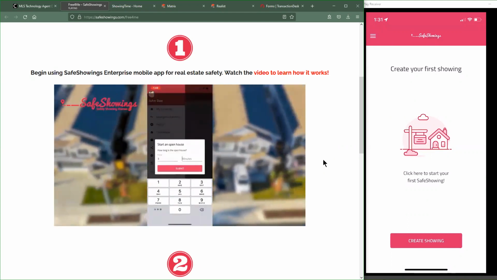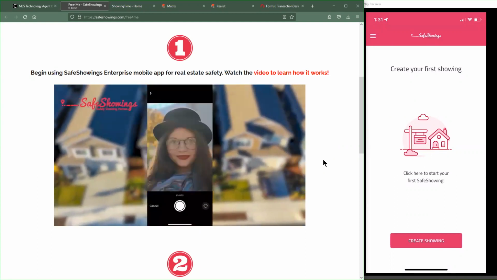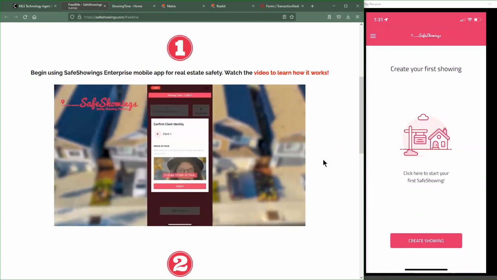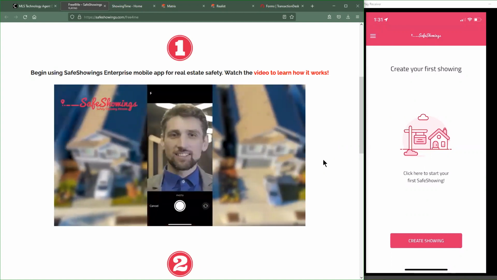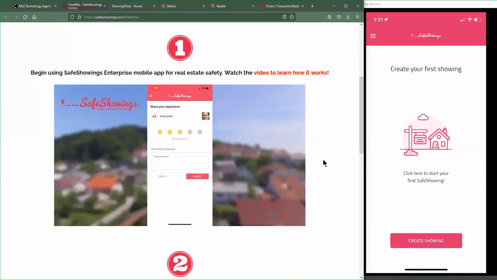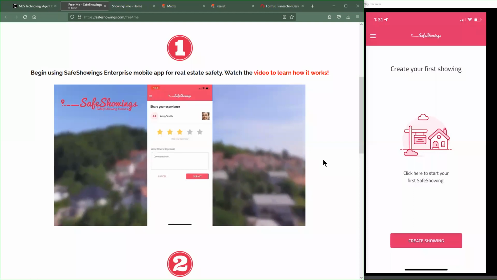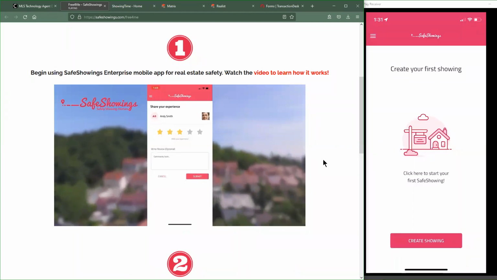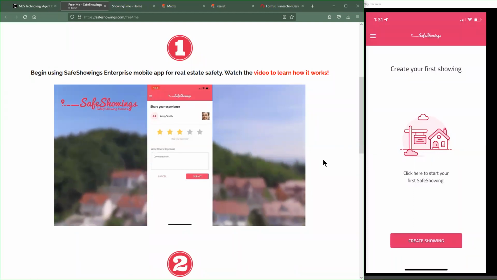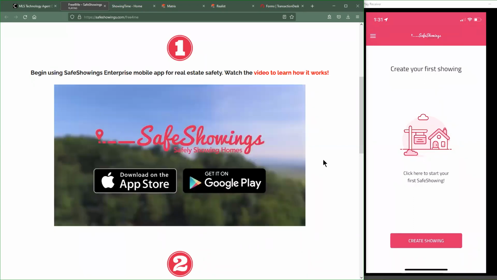The open house feature provides the same great security options. Always be sure to get the facial image for all contacts during your open houses. There is a handy 5-star rating system for your showing contacts. This, along with your notes, can alert you and others of potential problems from a suspicious person or from any previous showing.